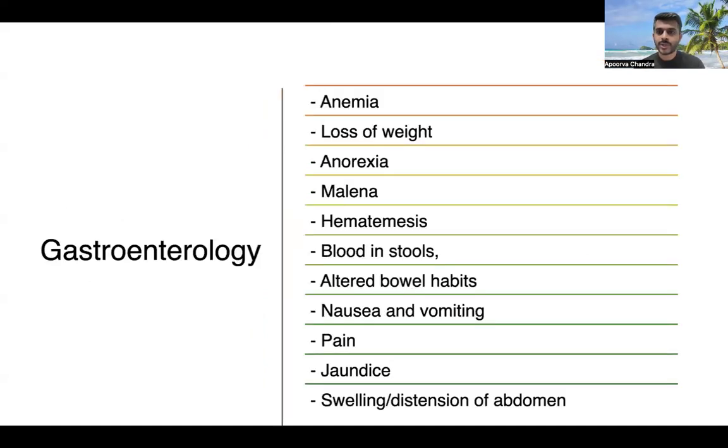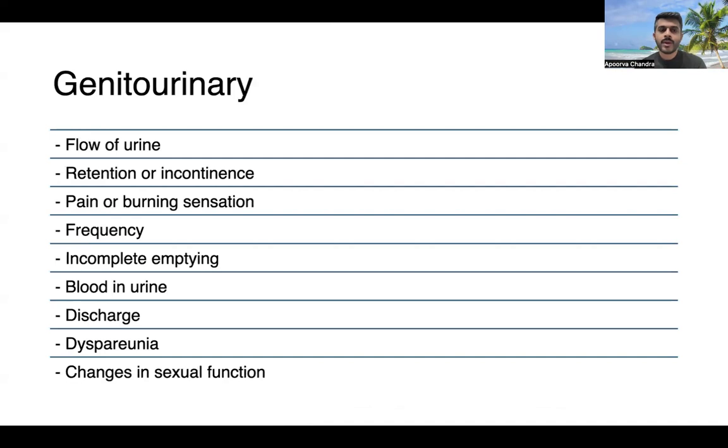Now, coming to the gastroenterology or GI history, talk about anemia, loss of weight, anorexia, melena, hematemesis, blood in stools, altered bowel habits, nausea or vomiting, pain, jaundice, swelling or distension of abdomen. Specific things to ask about in genitourinary history is flow of urine, any retention or incontinence, pain or burning sensation when they are passing urine, frequency of micturition, incomplete emptying of bladder, blood in urine, discharge, dyspareunia, or change in